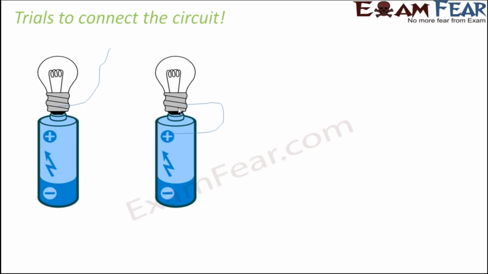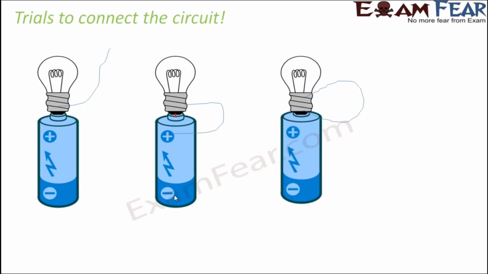Now in this case what you have done is, you have connected one terminal of the bulb to the positive terminal of the battery. So this is connected. The other terminal of the bulb, which is here, is also connected to the positive terminal of the battery. So what about the negative terminal? So again the negative terminal is missed out. It is not even involved in the circuit. So in this case also the circuit is not complete, and therefore there will be no current flow and the bulb will not glow.